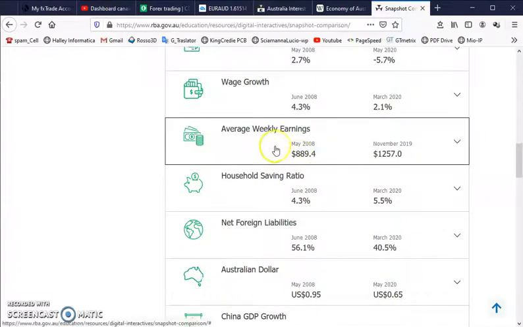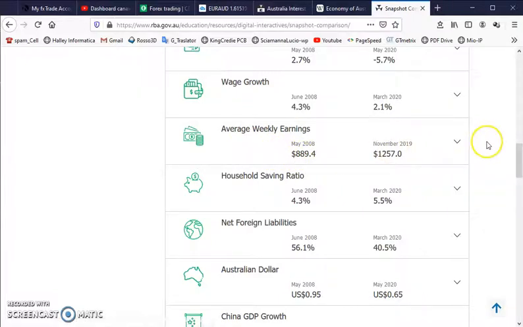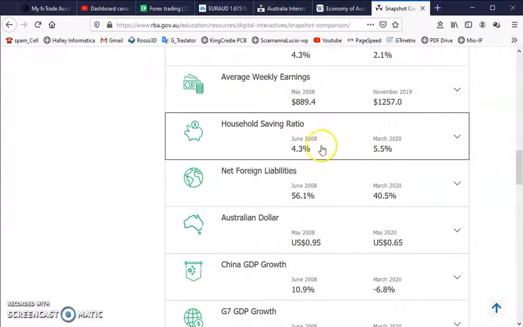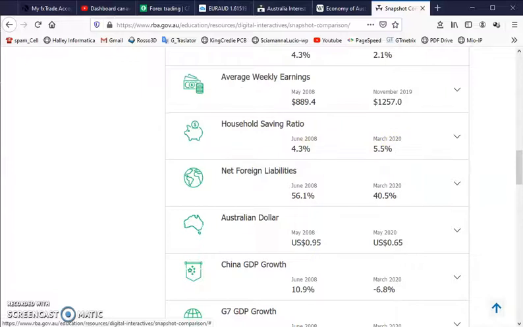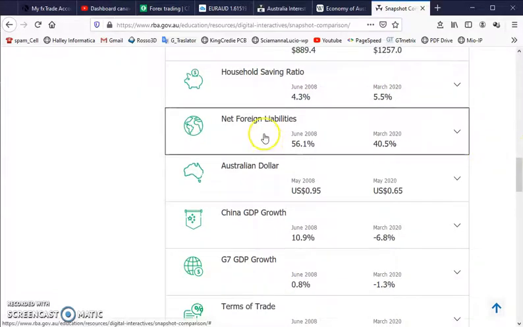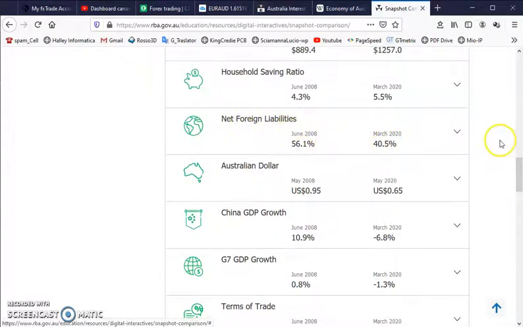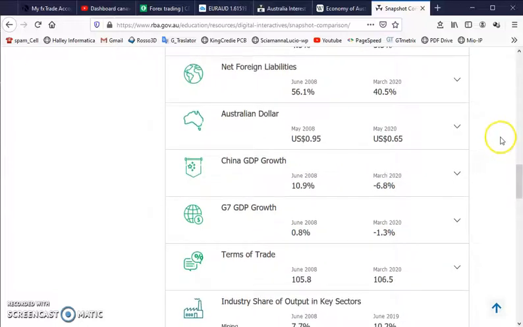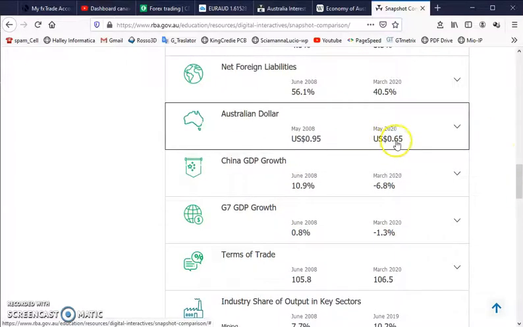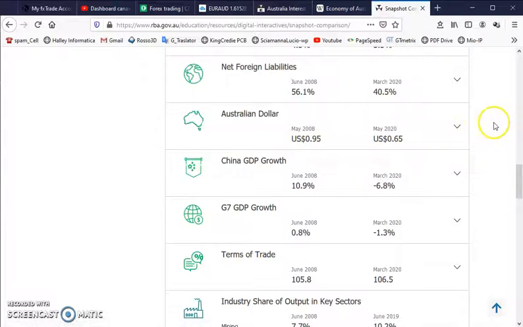The average weekly earnings are higher than in May 2008. Savings are rising. The liabilities and the net foreign liabilities are lowered. The Australian dollar is less valued than in the past against the US dollar,